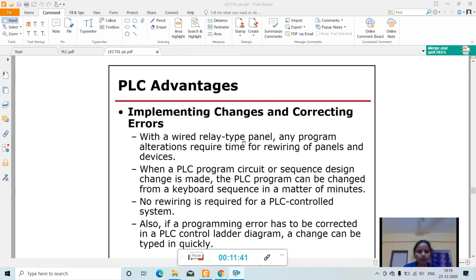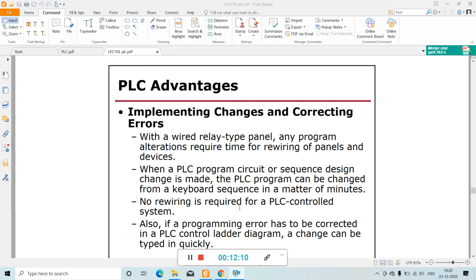Then next is implementing changes and correcting errors. This is another advantage of PLC. With a wired relay type panel, any program alterations require time for rewiring of panels and devices. When a PLC program circuit or sequence design change is made, the PLC program can be changed from a keyboard in a matter of minutes.